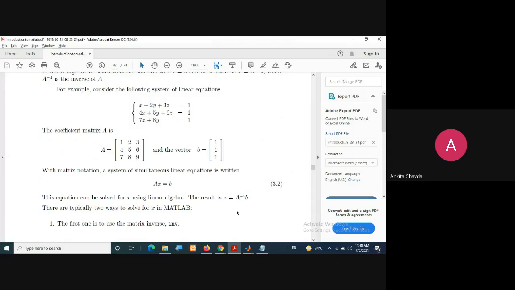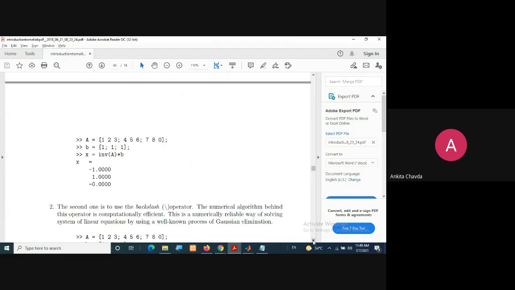For A inverse, you have the simple matrix function inv. So it is very easy to calculate. Now this is your A, which equals 1, 2, 3, 4, 5, 6, 7, 8, 0. B equals 1, 1, 1. And your x equals inverse of A into B. So you will get the answer. See how easy it is in MATLAB. Please try this.